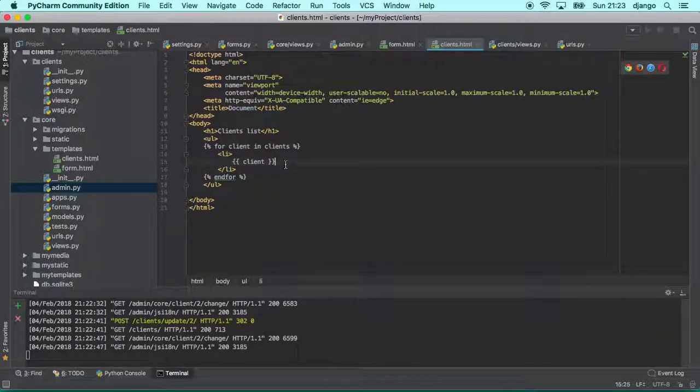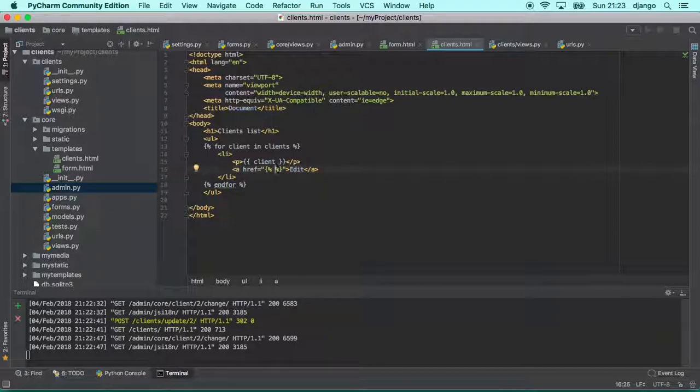Let's put this inside a paragraph, and this one too, and after that we can include a link. For this link we can put edit, to edit the client, and then